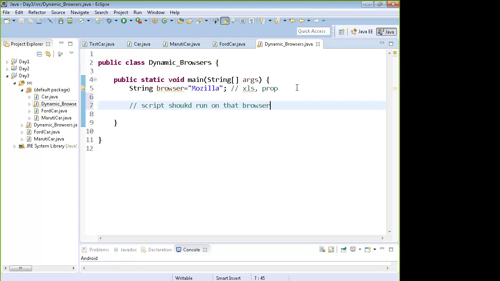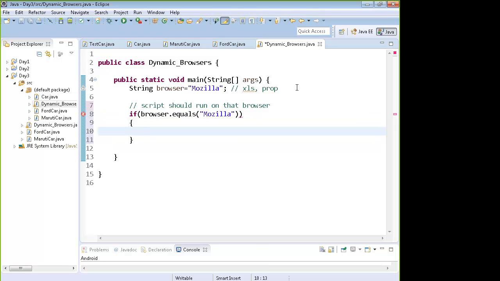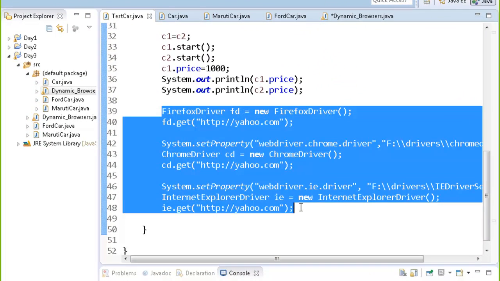If you think about it, you can simply write if else statements. If browser is equal to Mozilla, then you can write the code to run this on Mozilla.